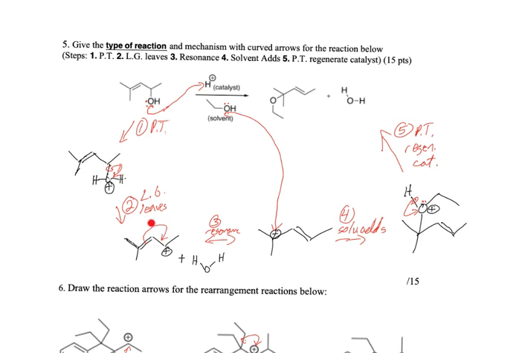Then there's resonance, a different arrow. Move the pi electrons over. The carbocation is now here. Solvent adds. Now the solvent adds in. So this is also an SN1 reaction, right? You could diagnose this reaction, right? You could see that